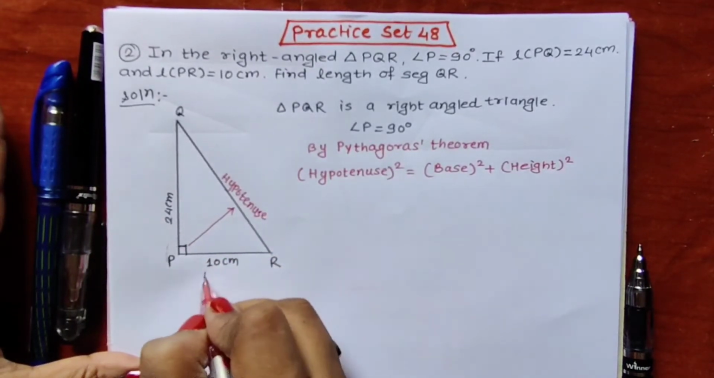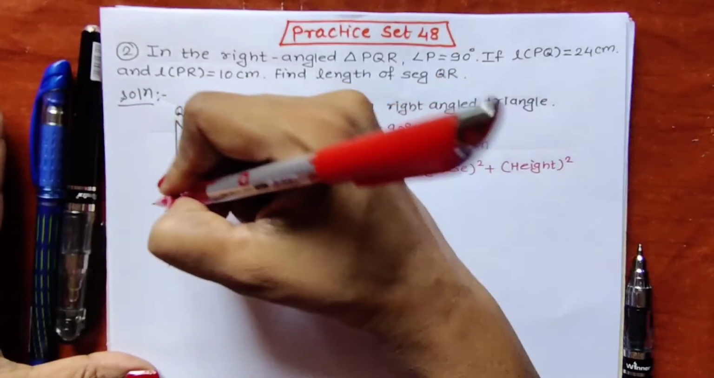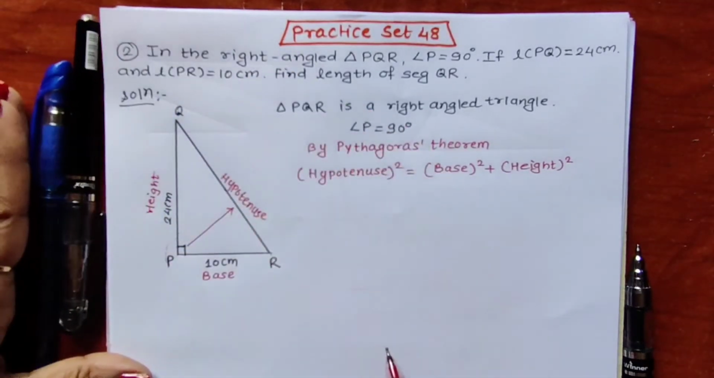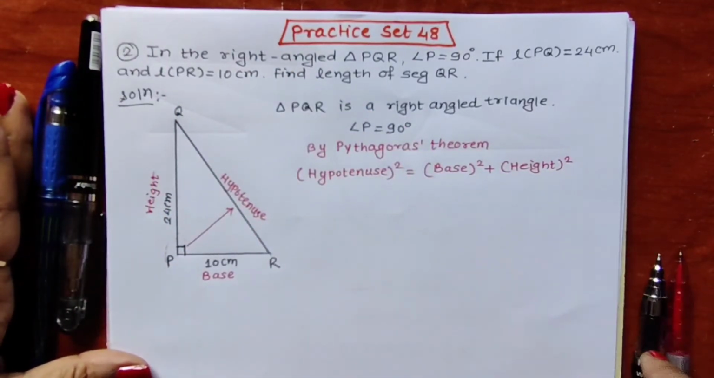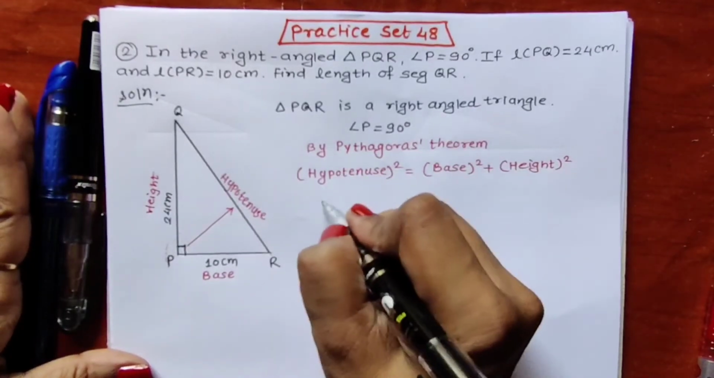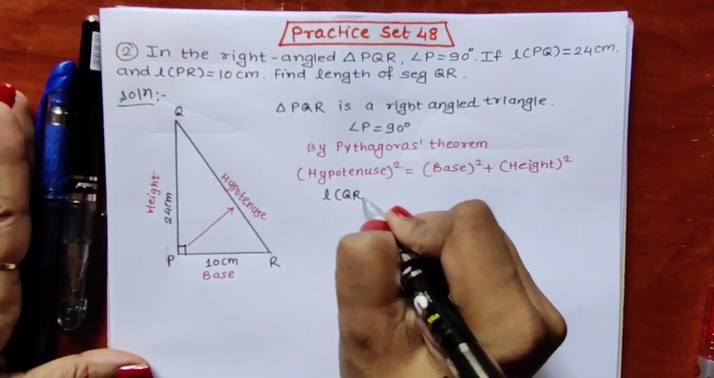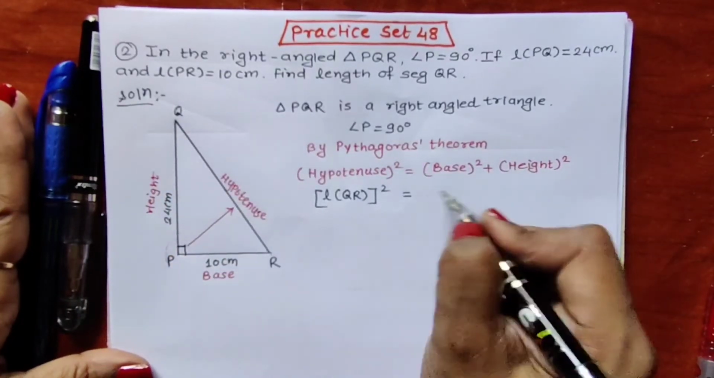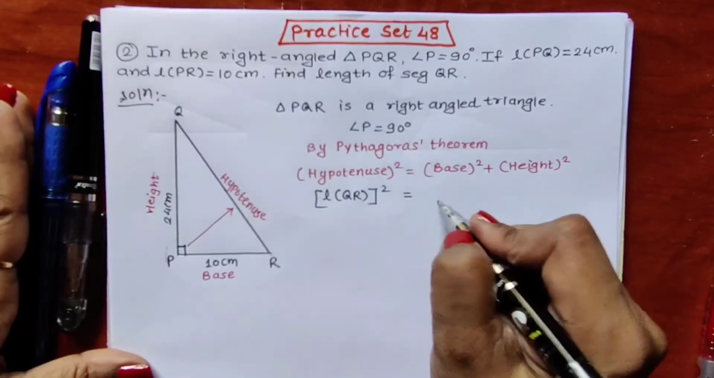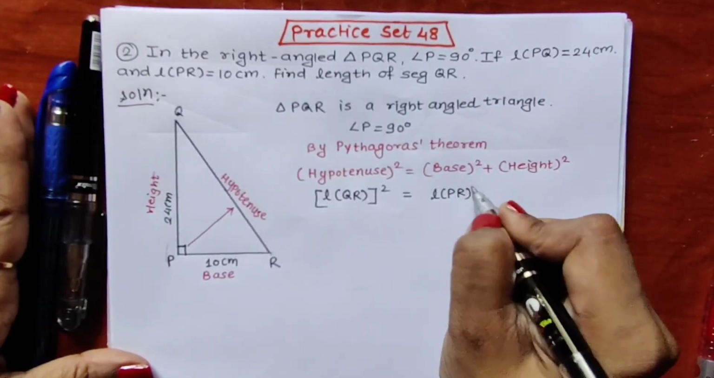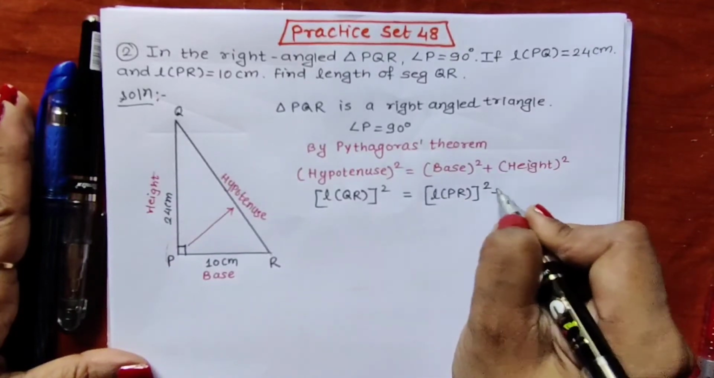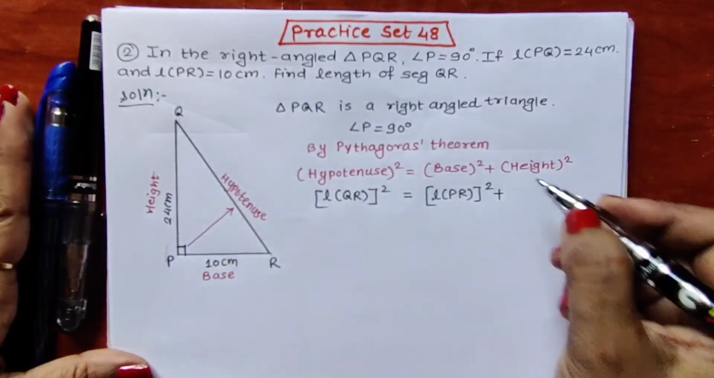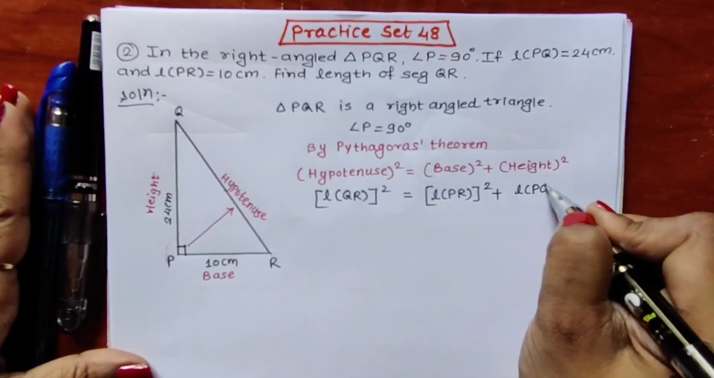Then one side can be taken as base and the other side can be considered as height. So in this way you can find out hypotenuse, base and height. Now we will be writing the names here. Hypotenuse is QR. So length QR square. Okay, so length QR square we have written is equal to base. Base name is PR. So length PR square plus height name is PQ. So either you can write PQ or QP, one and the same thing. Length PQ